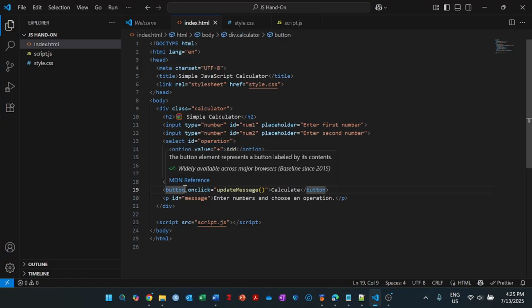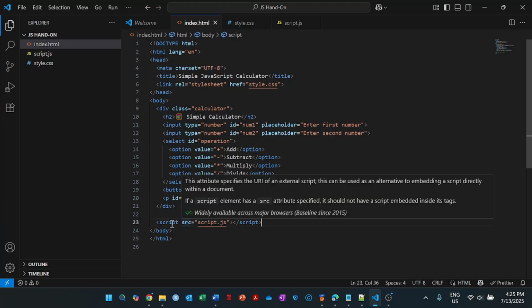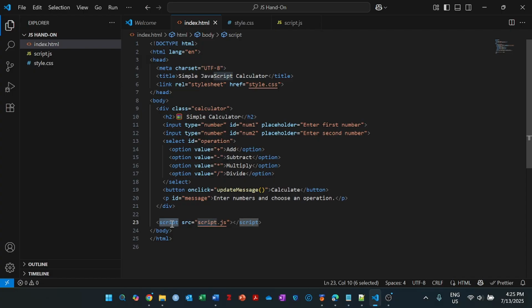When you click this button, we want to do the operation, right? So we use the onclick event, and this is the function name, and the button text is calculate, and this one is the message. And here is how HTML works with JavaScript. You have to use the script tag, and for src you provide the JavaScript file name, .js. And you have to create CSS also,